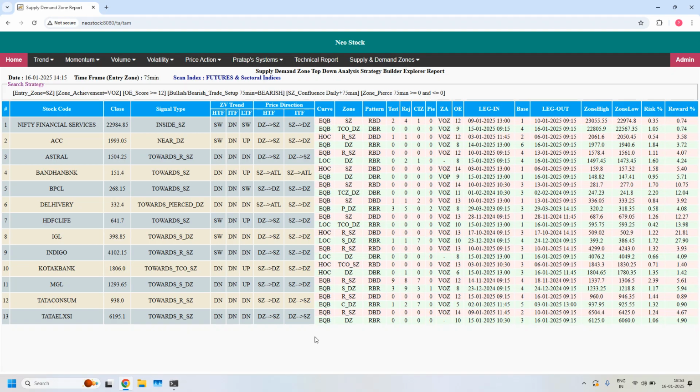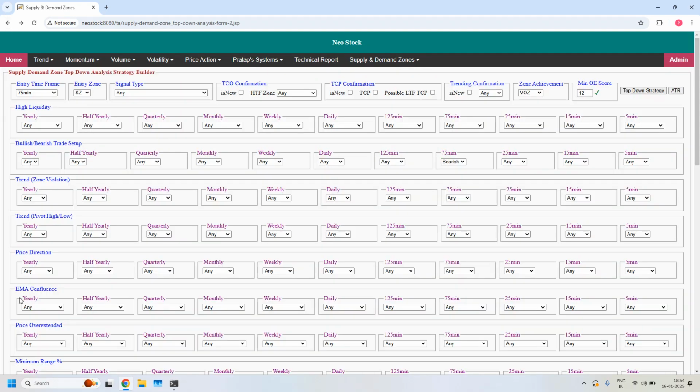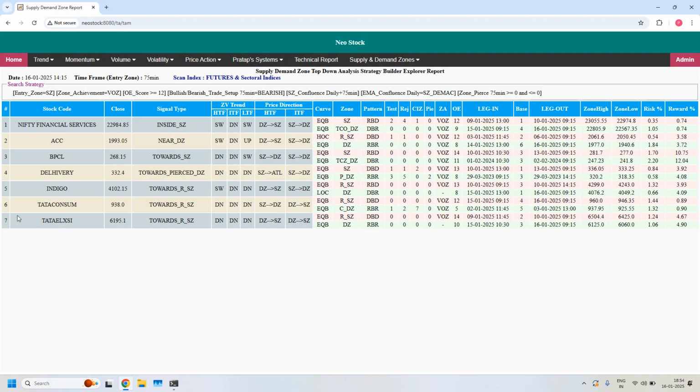And we can further add more probability based on the daily EMA confluence to the daily supply zone. Why daily supply zone? Because 75 minute supply zone is part of the daily supply zone, and daily trend is down in all these stocks. So that's why I am adding EMA confluence filter on daily time frame with the daily supply zone having daily EMA confluence. With this filter, now the list has come down to 7 from 13. So these 7 stocks are even more high probability trade setup supported